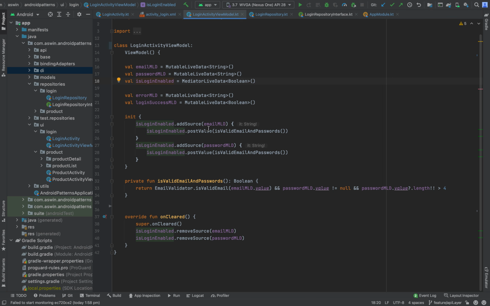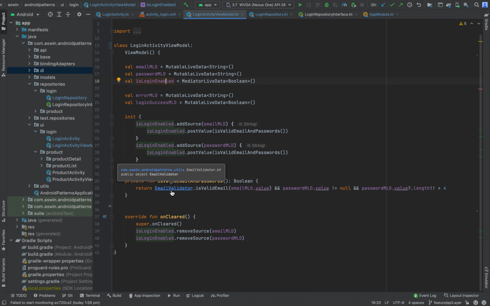In this, we are going to enable the button only when email and password are valid. So we have added the source for email as well as the password. When email or password is changed, the login enable value will be updated based on whether the email is valid or not and the password is valid or not.